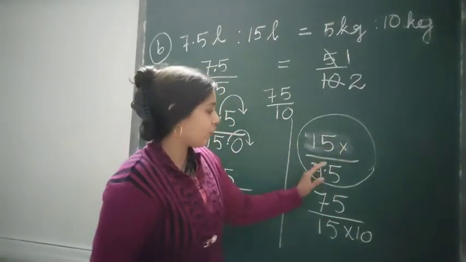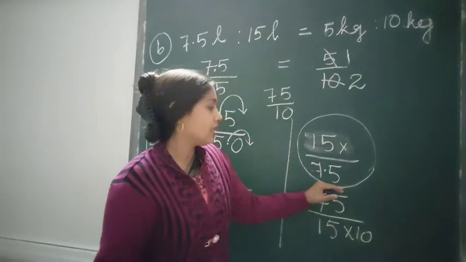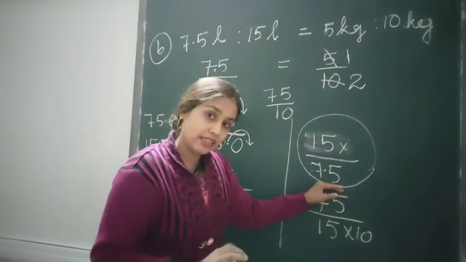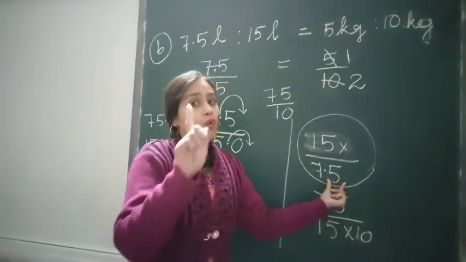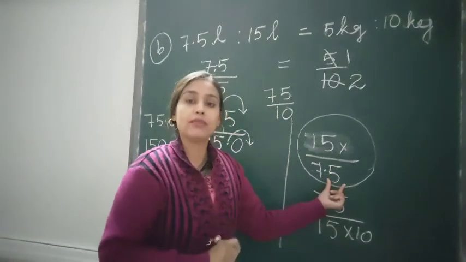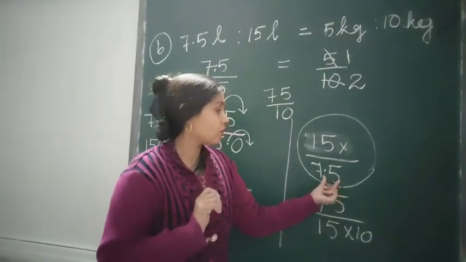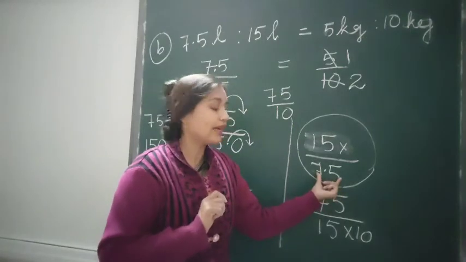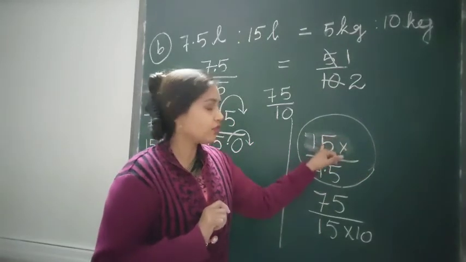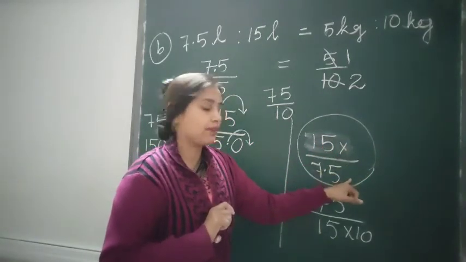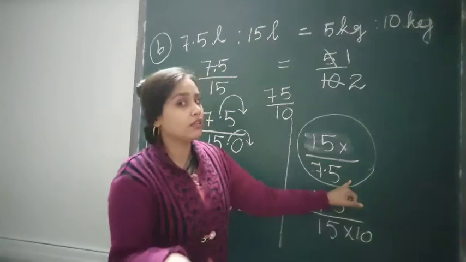So that means, when the numerator has to remove the decimal or to shift the decimal, then we multiply it by tens or by hundreds or by thousands, depending upon the decimal places. One decimal place, 10; two decimal places, 100, that is 2 zeros; three decimal places, 1000. So depending upon the decimal places, we multiply tens, hundreds and thousands to the numerator. And when we need to remove the decimal from the numerator, we multiply tens, hundreds and thousands depending upon the decimal places to the denominator.